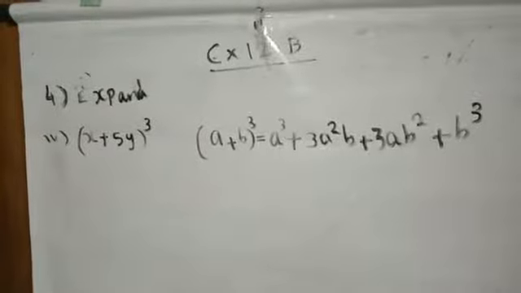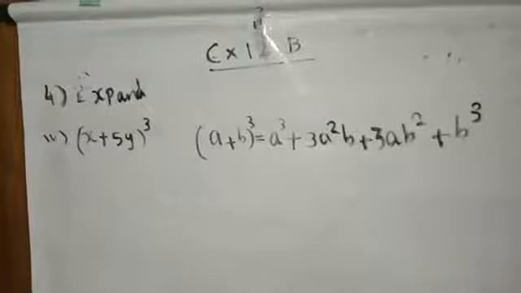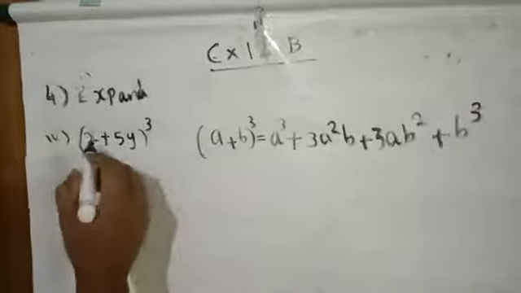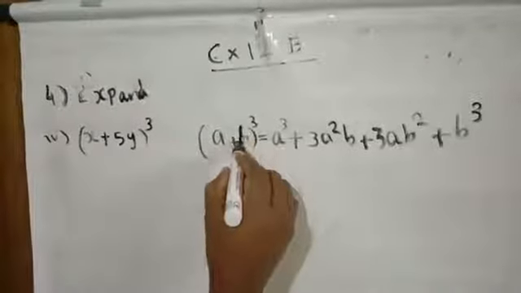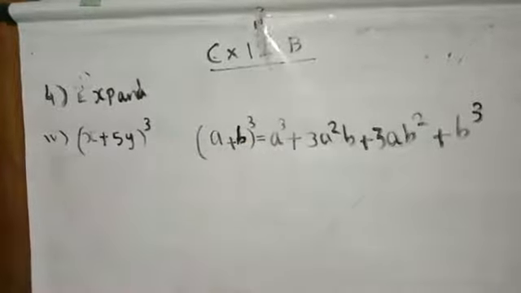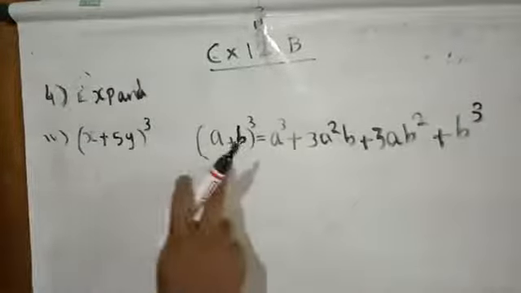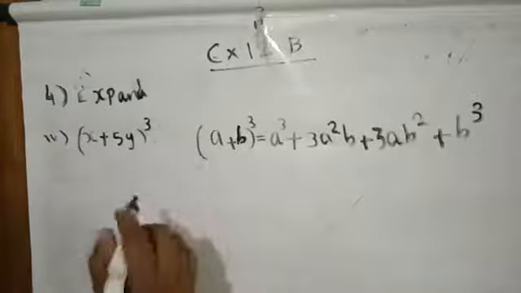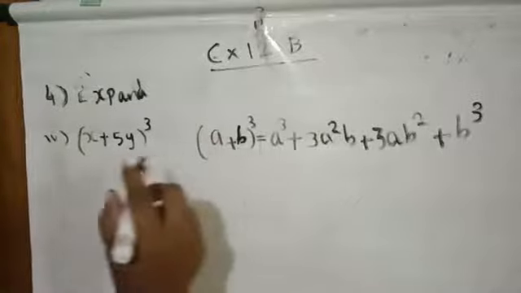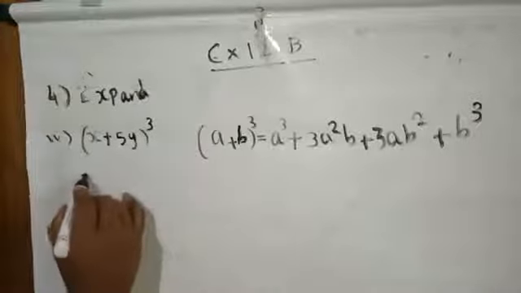Here in the place of a, it is x. See here a, here x, and in the place of b, it is 5y. Okay, 5y. So let us apply here. A is equal to x, b is equal to 5y. A cube, first cube of a. So here x cube